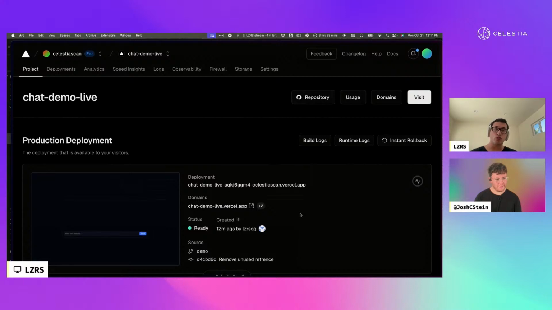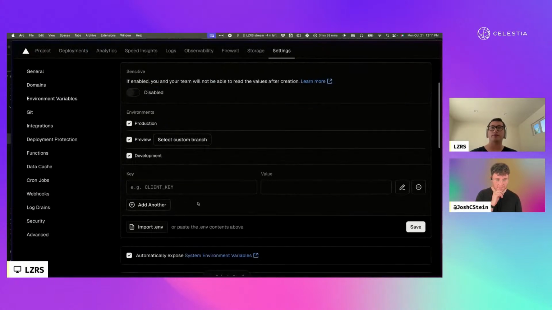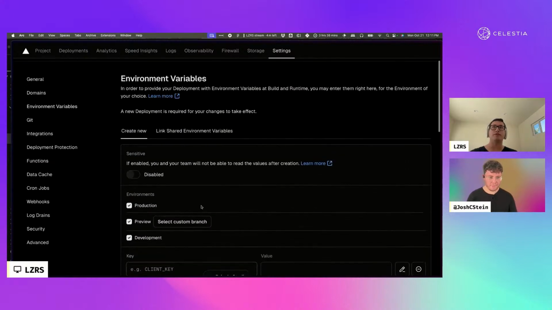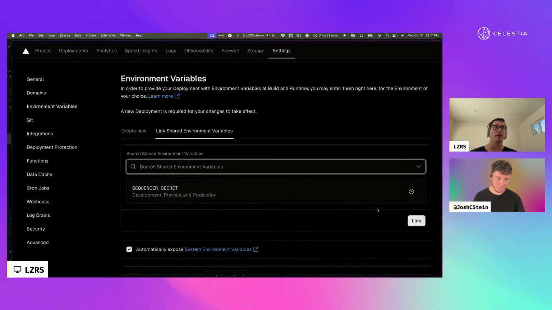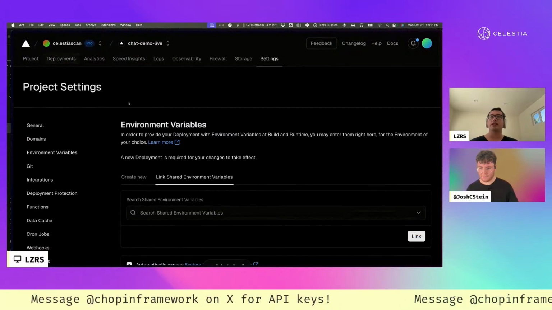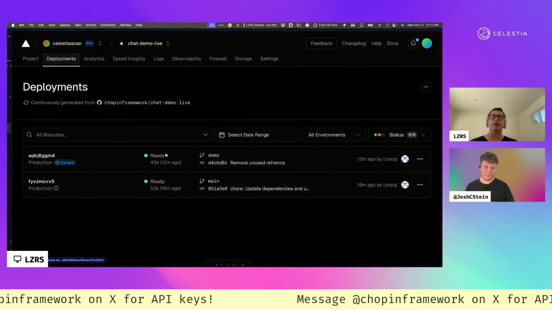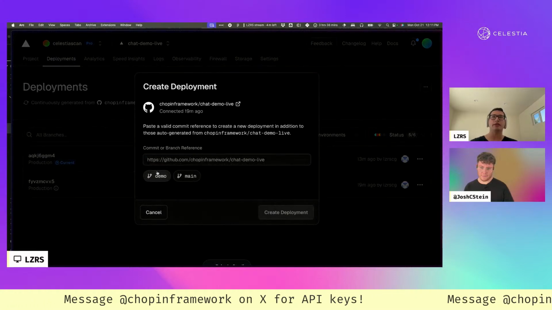But in the meantime, if you want to do this in production, not locally, you need to just get in contact with me and I'll send you an API key. I can tell you where to do that later, but I'm just going to do this as an example. I'm just going to link the shared environment variable, sequencer secret, set link. Just for the sake of time, I'm not going to actually wait for this to deploy and show it live, but basically you just redeploy